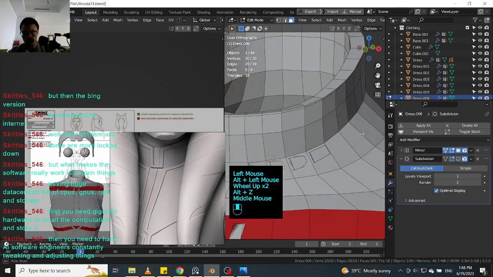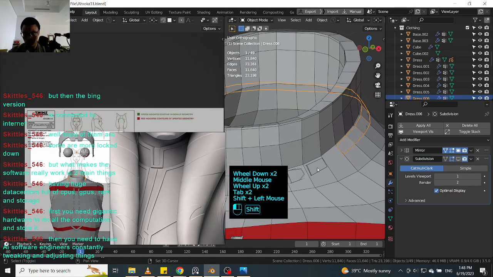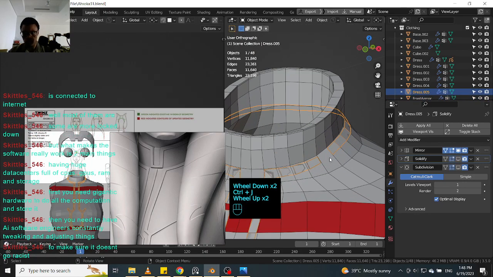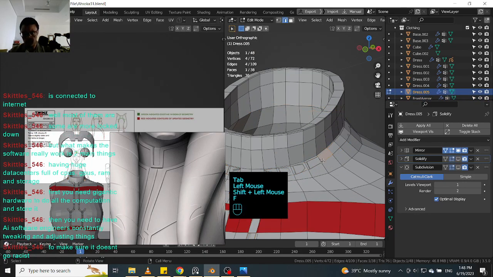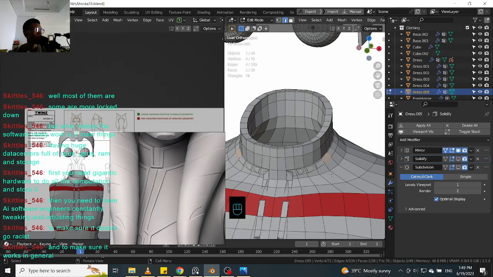First, you need giga-tech hardware to do all the computing and store it, and then you need AI software engineers constantly tweaking and adjusting things to make sure it doesn't go